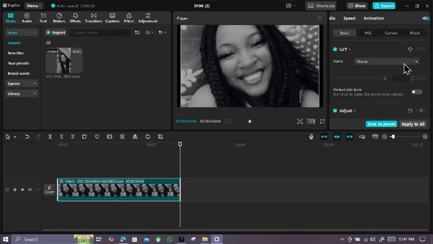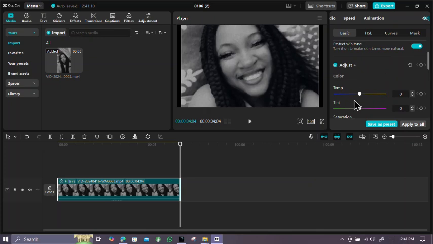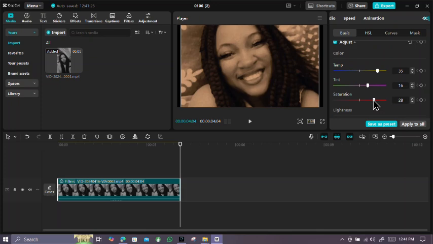Under LUT, we have none right now. Open it. Then you can put the skin tone to make the skin tone look more radiant. For the other adjustments, we have the color. You can change the color. Even though it's a black and white picture, you can see the effects taking place. The temperature there. We have tints. Then we have saturation,